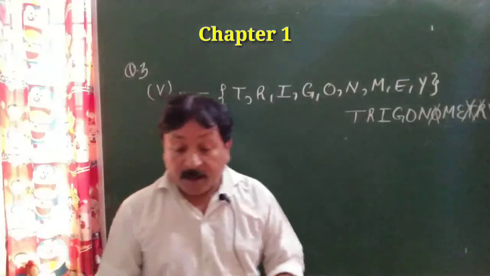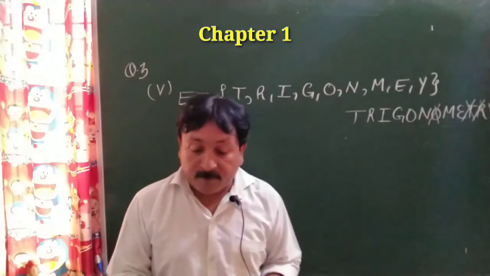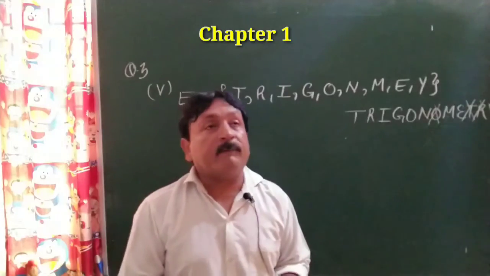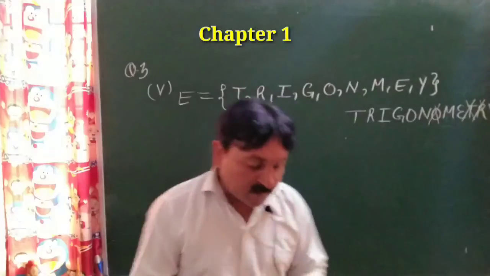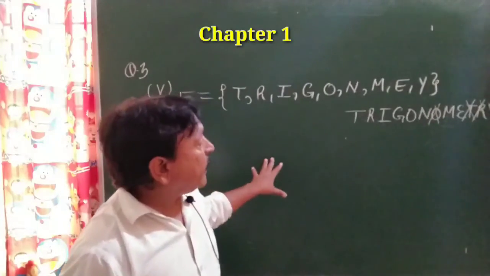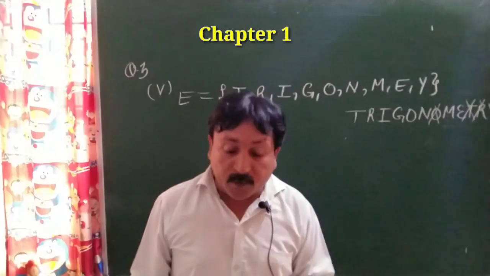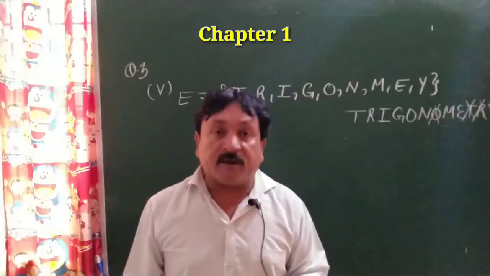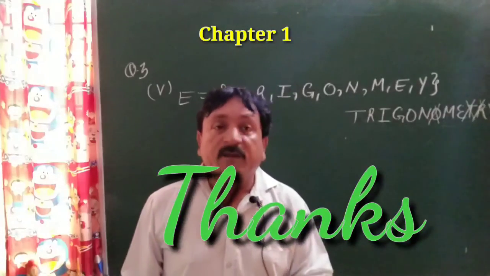And one more thing, you have to complete question number 5 also. In question number 5 also we have to list the elements. List means we have to write these sets in roster form in the same way as we did question number 3. So complete up to question number 3 and question number 5 also in your fair notebooks. Question 4 and question 6 we will do in our next session, in which I will first of all explain set builder form.